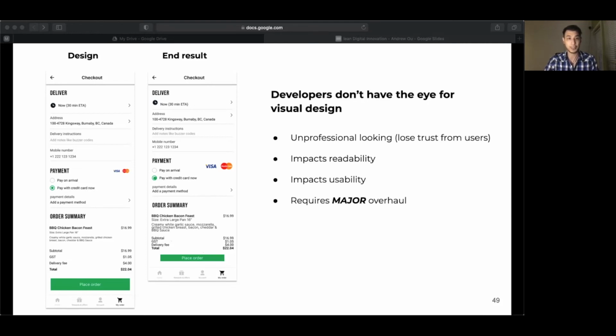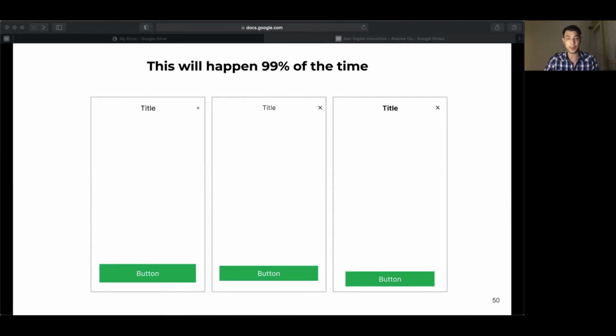And it's not just one screen. Because if you have multiple screens, which you likely will have in your product, you can get different sizes, positions, and colors, which are all going to be inconsistent. For example, this here is a different title font. This one is bold. The buttons here don't look right. They're all inconsistent with each other. This one's smaller, this one's bigger, and they're all positioned slightly differently. In companies where I've seen this happen, it's led to 2 to 4 months of delay because you just can't ship a product that looks so unprofessional. And the thing is, if you have to fix just the buttons, for example, you're going to have to do it across the entire application, which gets more and more expensive as you build without doing it right early on.